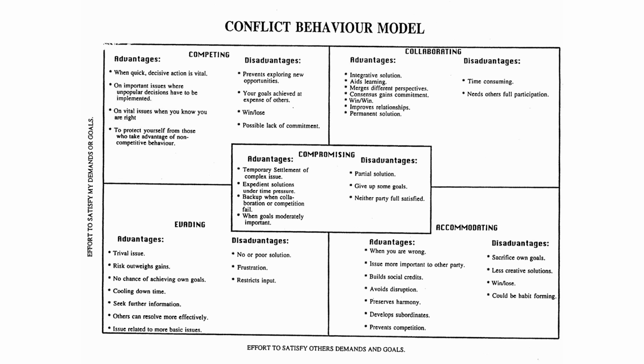So let me give you an example of that. Let's say that two people are having an altercation in your work area, and it's a mild altercation, and you think to yourself, I won't get involved because they're mature adults and they should be able to sort their problems out. So you decide to avoid, or as it says on the screen there, evade. So you don't get involved, thinking that they will sort it out. But as you get back to your work, you notice that it's getting more and more hostile. So really you've got no choice but to get involved because you happen to be their executive leader.